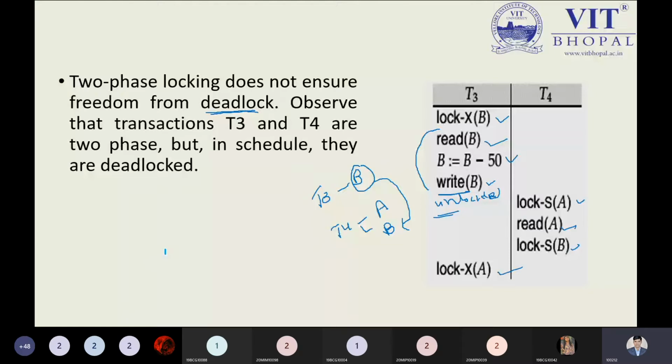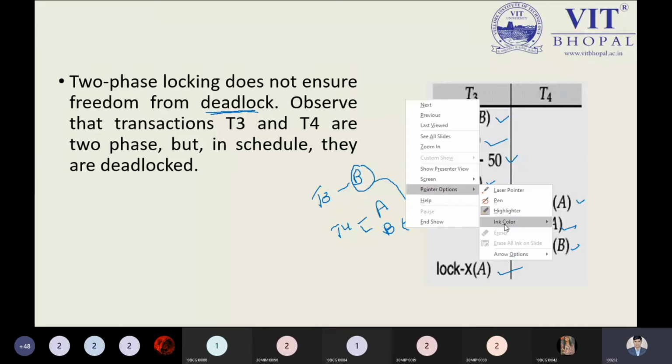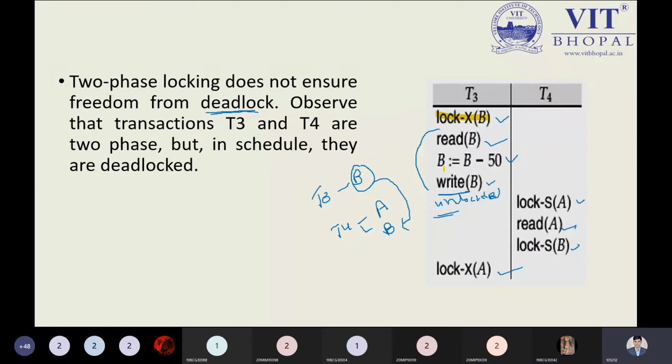Deadlock occurred when we are using lock B over here and then lock SA over here, and in the transaction T4 also using lock SB. It means transaction T4 wanted to lock the B data item, but it was not unlocked. That is the problem. It was not unlocked inside T3. So it will be a situation that is known as the deadlock, and yesterday we have seen.